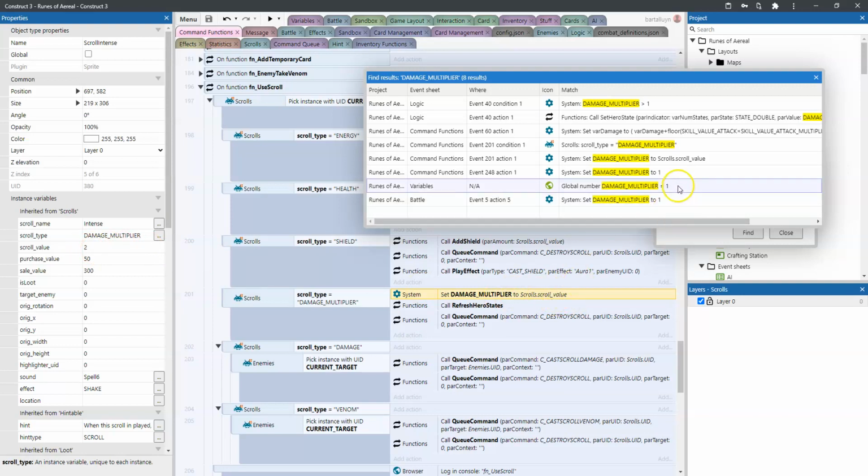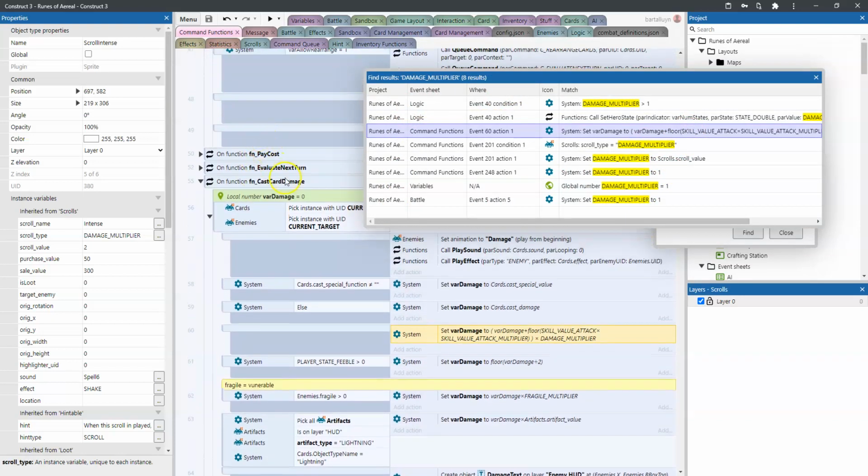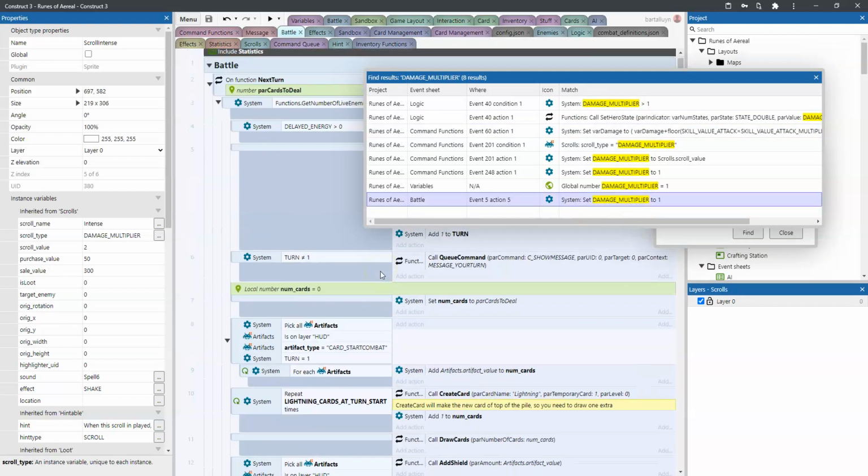So at that time, we will go and see in the cast card damage, we will multiply the damage times that damage multiplier. And of course, when we go to the battle and we start the battle,